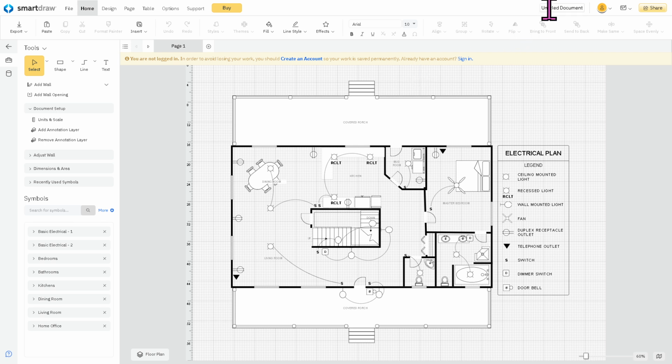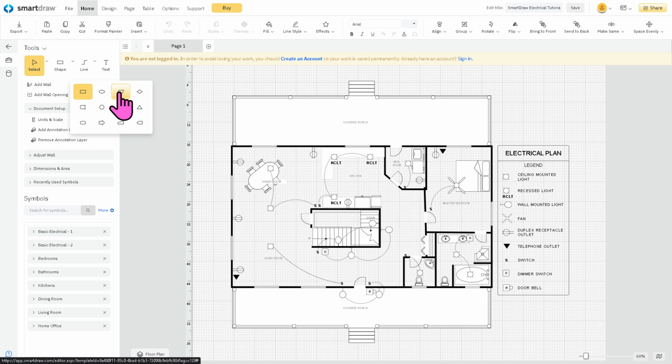we can rename the document right here on the top right corner to edit the title. And as you may notice, the tools can be found on the left side area. You can put any customizable shapes that you want. For example, if you want to add a new shape, you can simply click this right here and drag it